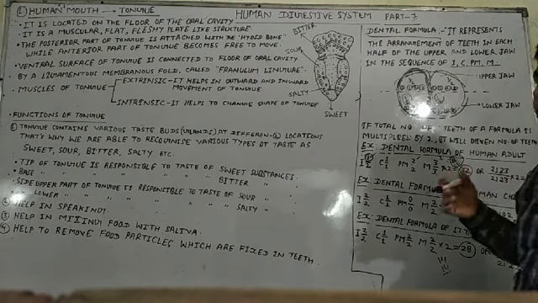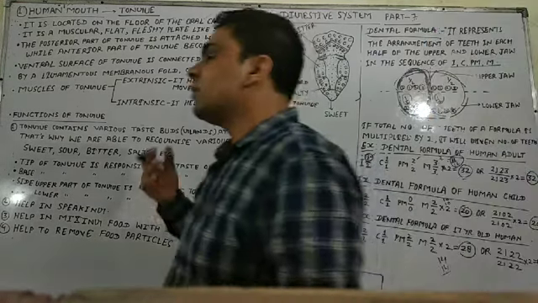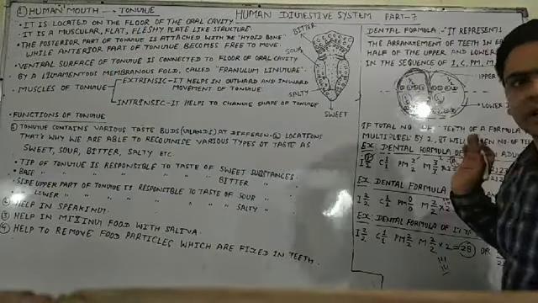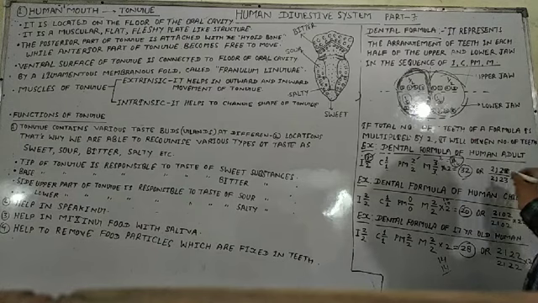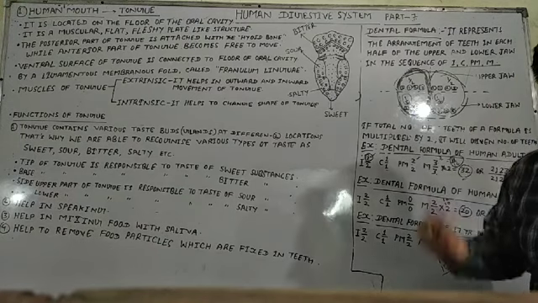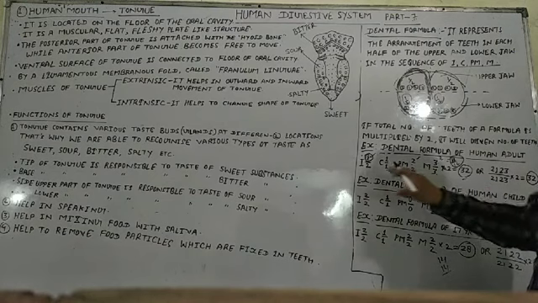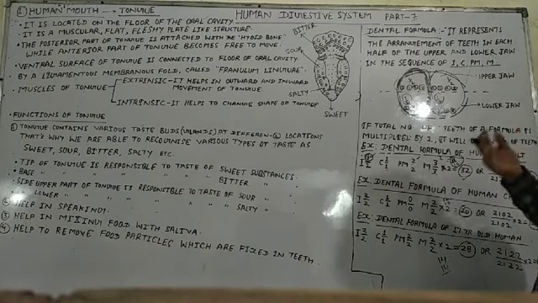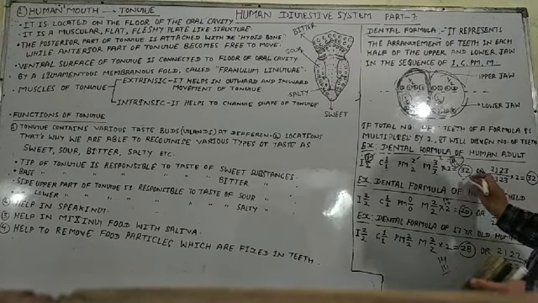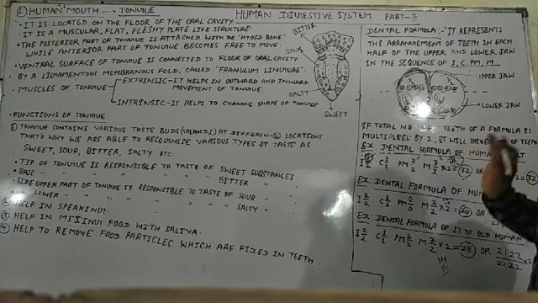So by dental formula we get the numbers of teeth in each creature's buccal cavity. Clear, students? You can also understand how we can arrive at the numbers of teeth in each creature's buccal cavity.